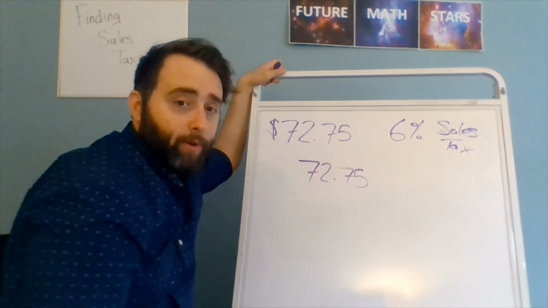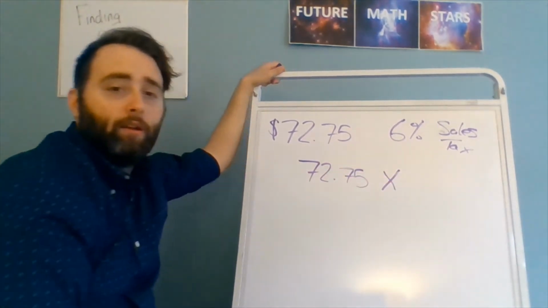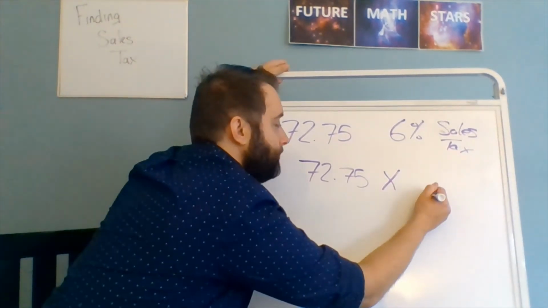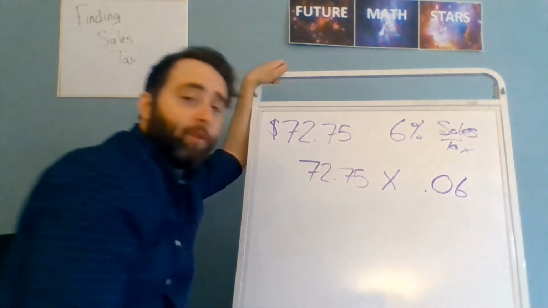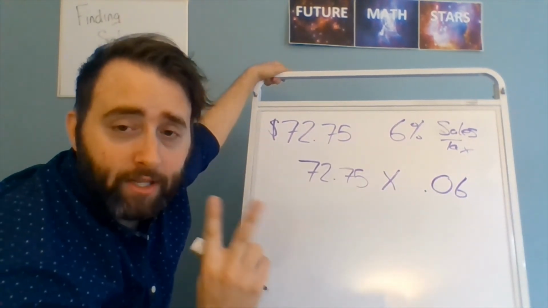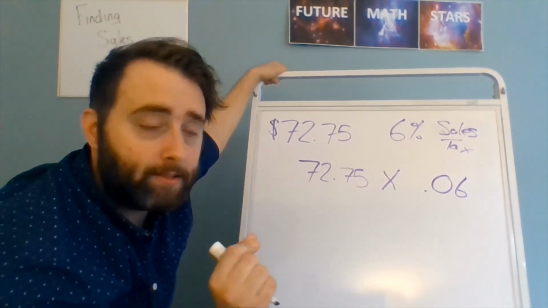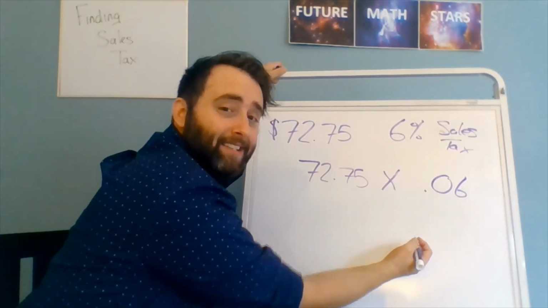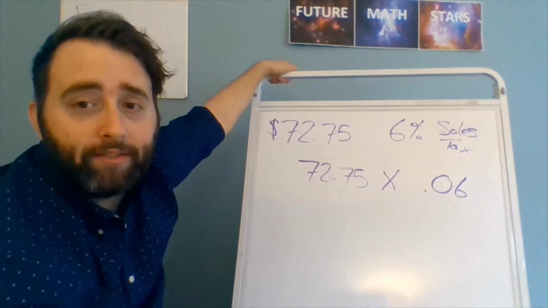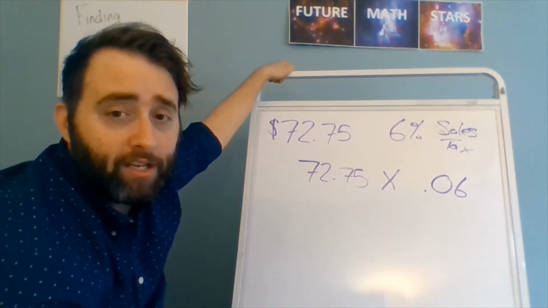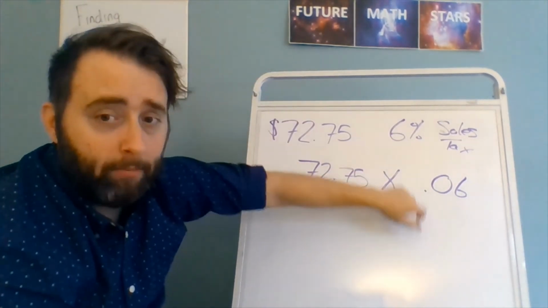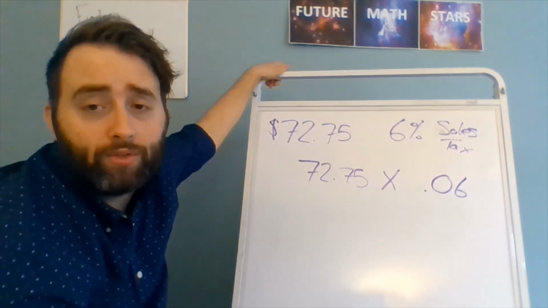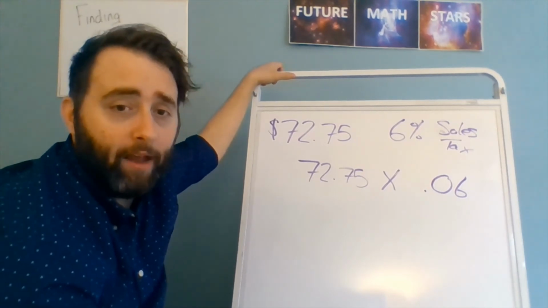$72.75. That's our starting point. Multiplied. Now, if I just wanted to find the sales tax, I would do 0.06. Remember, the first 2 numbers after the decimal place determine what the number is. So this is 0.06, otherwise known as 6. That would give me just the sales tax. If I asked you for just sales tax, that's what you're going to give me. If I asked you for the final price, you could do the 2-step method if you want to, multiply and then add, or